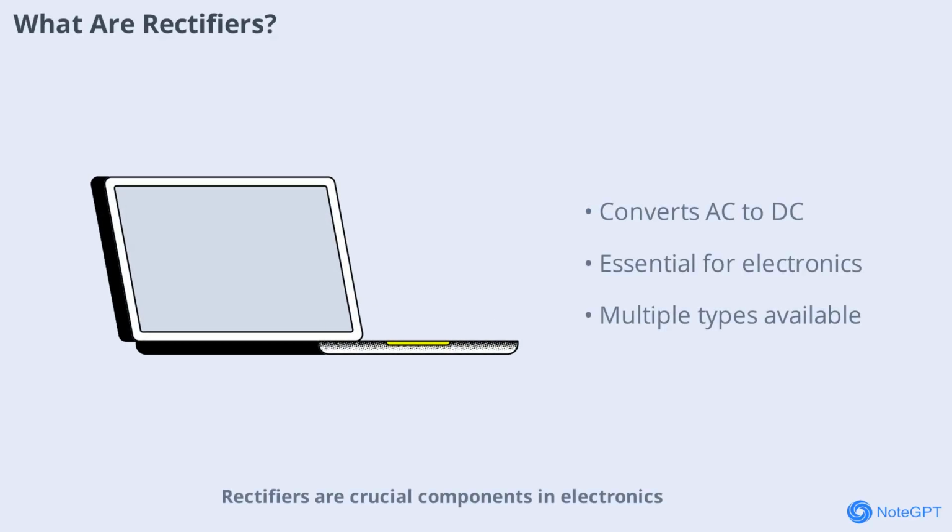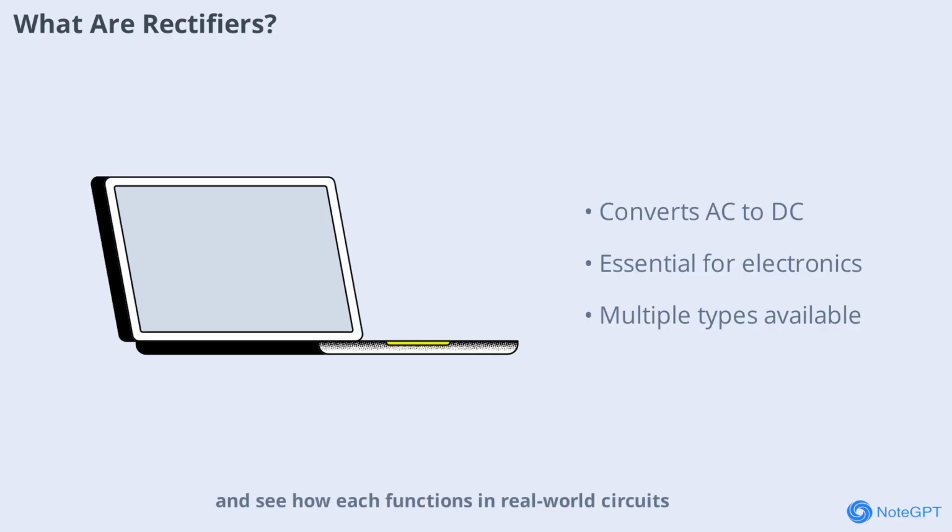Rectifiers are crucial components in electronics, converting alternating current (AC) into direct current (DC). This process is vital because most electronic devices require DC to operate. Imagine plugging your phone into a wall socket. Inside the charger, a rectifier is hard at work, ensuring your device gets the right kind of power. There are several types of rectifiers, each with unique characteristics and applications. In the next scenes, we'll break down the main types, half-wave, full-wave, and bridge rectifiers, and see how each functions